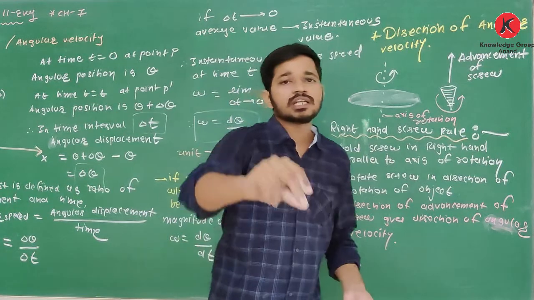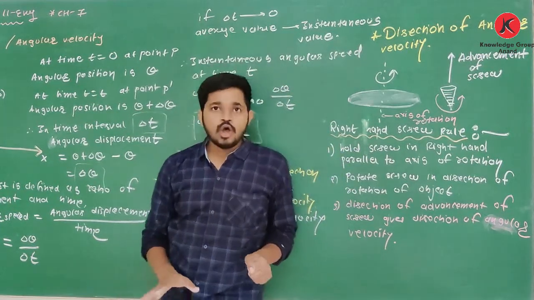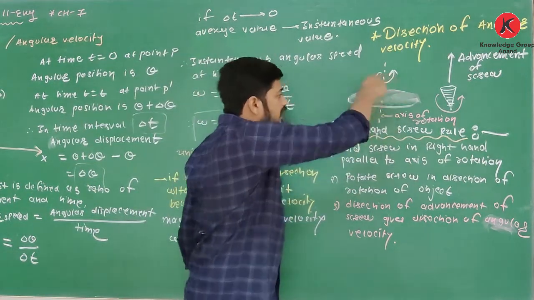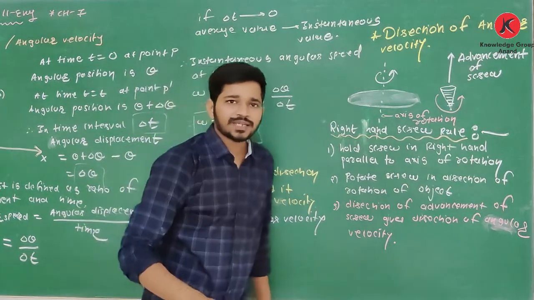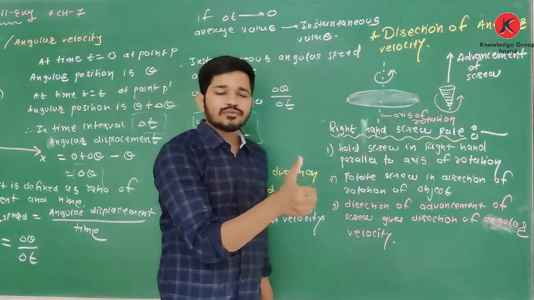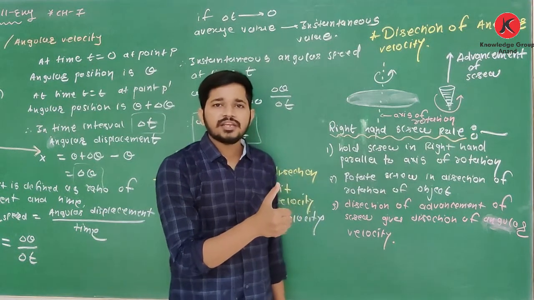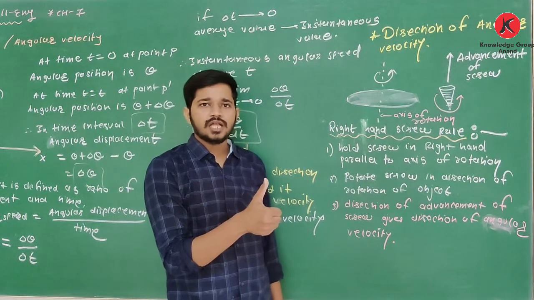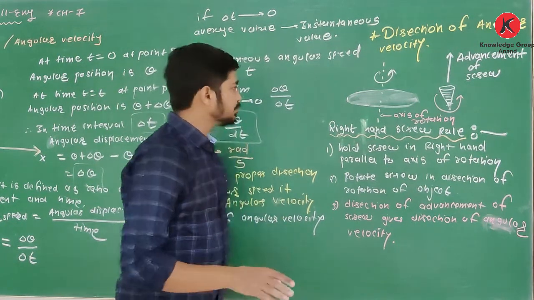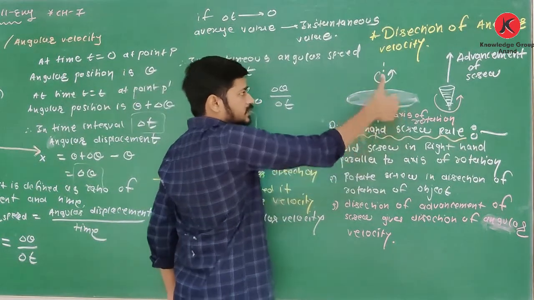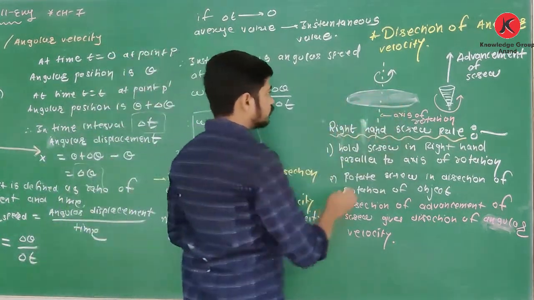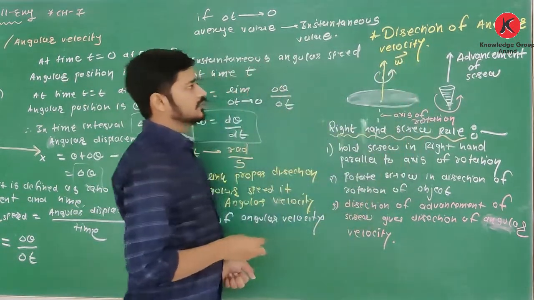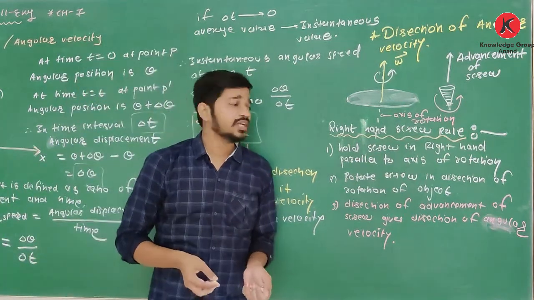Yes, we can also use another method, that is only right hand method. And it is easy. See how easy. Yes, this object is rotating in this direction like this. So what is method? Wrap fingers of right hand in direction of rotation of object. Thumb indicates direction of angular velocity. So simple. If object is rotating in this direction, this thumb indicates direction of angular velocity. So yes, this angular velocity, it is in this direction. It is normal to plane of disc